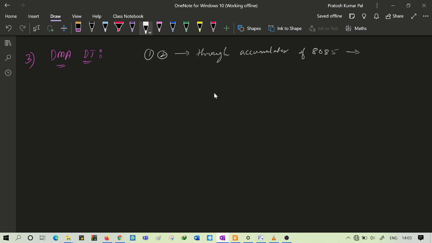Also, the first and second methods are not feasible if large data needs to be transferred. Why?